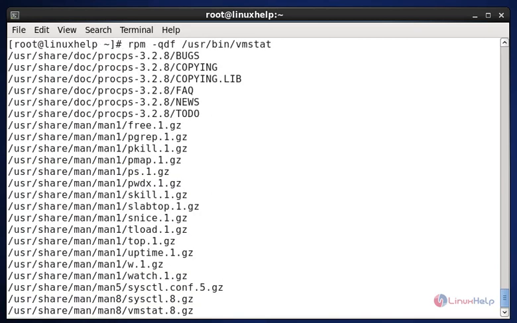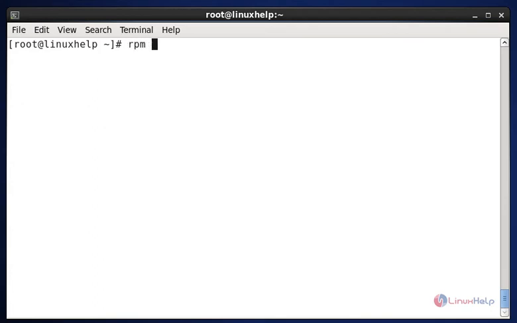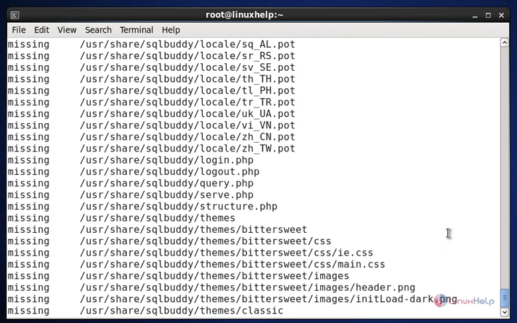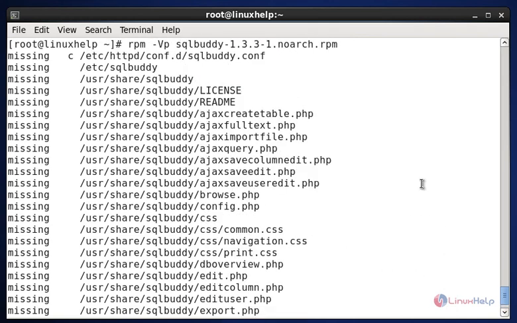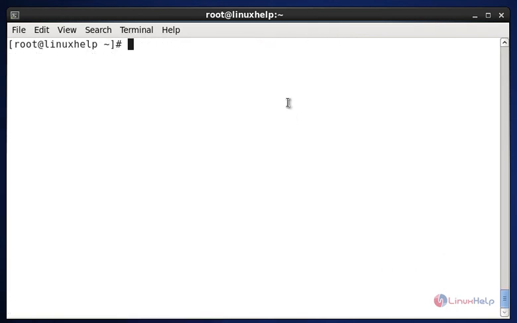The next command is rpm -V and the package name. This command is used to verify an RPM package by using the option -V. Now enter. The next command is rpm -Va.